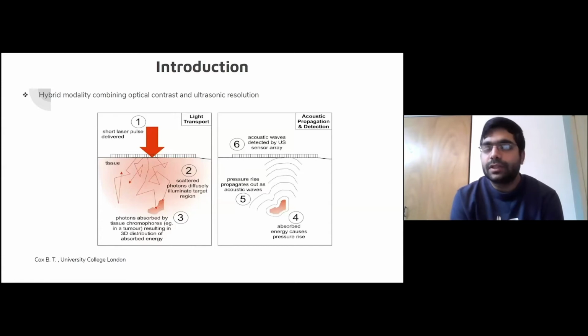So what is photoacoustic tomography? We take a nanosecond pulse laser incident on the tissue. When it is incident on the tissue, the photons scatter diffusively and illuminate the target region. Since this is a pulse laser, it turns on and off, so the tissue is heated up and cooled down, and it starts generating pressure waves. These pressure waves we acquire using the transducers, and then we see what is inside the tissue. This is a non-invasive technique: we need not cut the human organ or any part of the body, and we can just see what is inside.